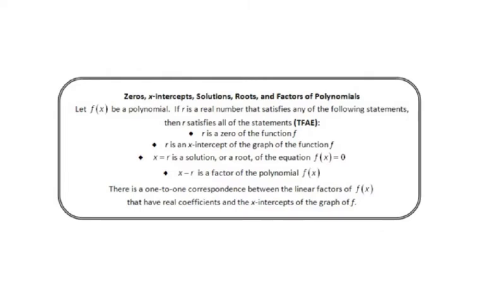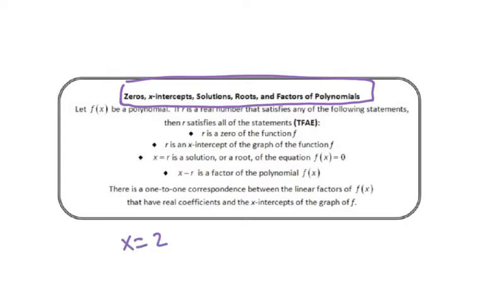So r is a zero of the function, r is an x-intercept of the graph of the function, x equals r is a solution or a root of f of x equals 0, and x minus r is a factor of f of x. There's a one-to-one correspondence between the linear factors of f of x that have real coefficients and the x-intercepts. Okay, so this is a very fancy way of just telling you that when you see a zero, like